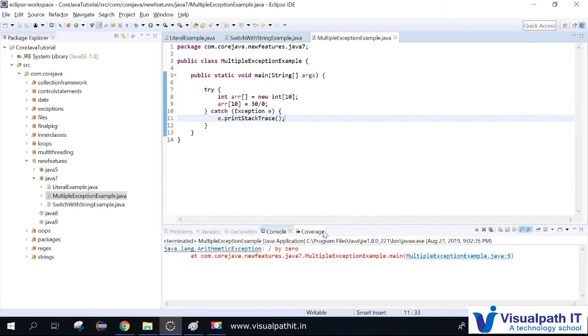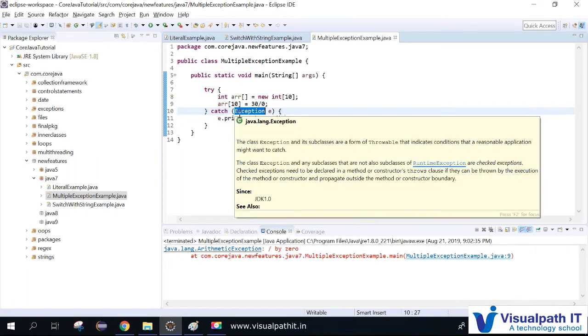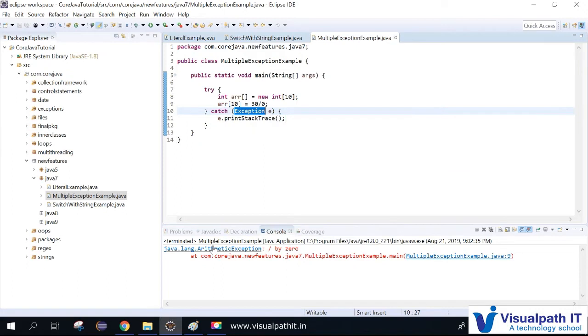First, we can try with the regular program and one catch block. Then we can see writing multiple catch blocks. Now it is giving an arithmetic exception. So I don't need to have an exception by default. I can use my own exception. Suppose I use arithmetic exception over here, and I'll write AE.